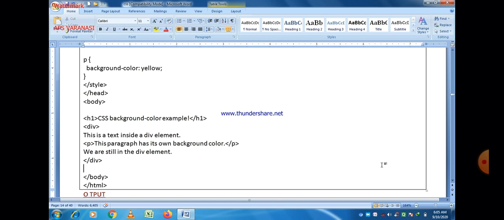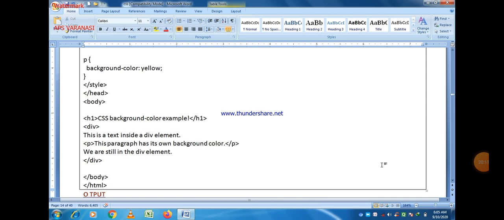Obviously the output of this program shows different colors. Now I think this program is clear to all of you.